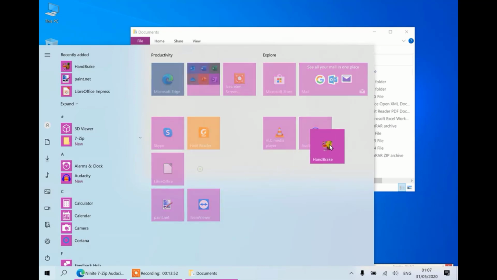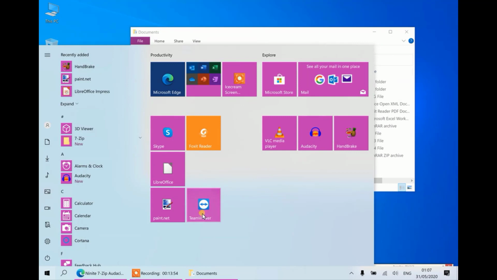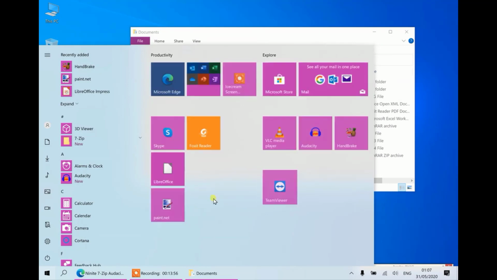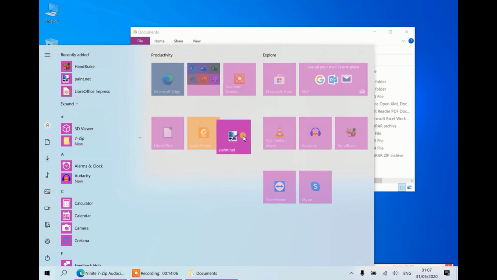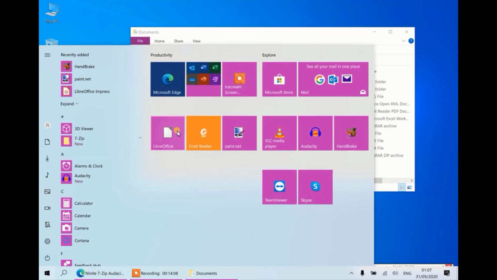For instance, media you can put in one section, internet you can put in another, anything to do with the internet, and this is to do with your productivity, so you can leave it here, leave that stuff together, and you can rename them as well. So here I could name it internet,